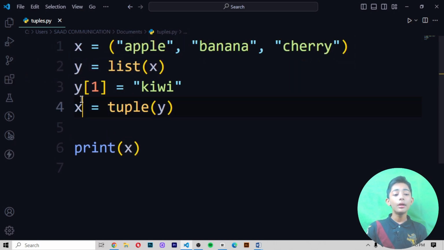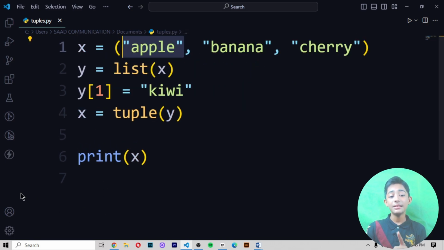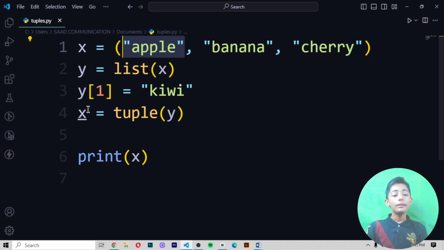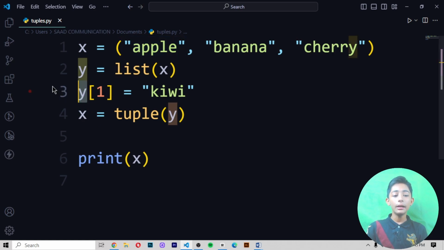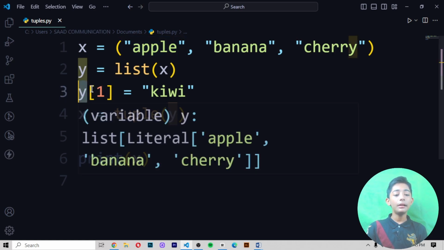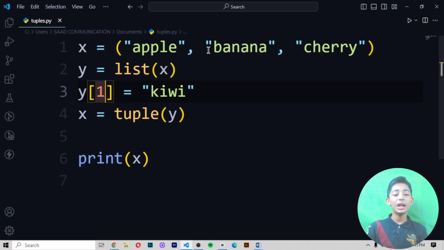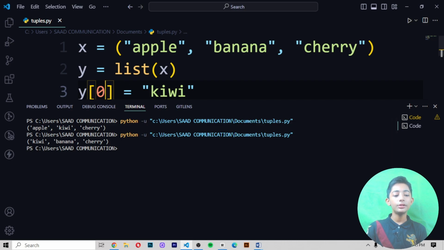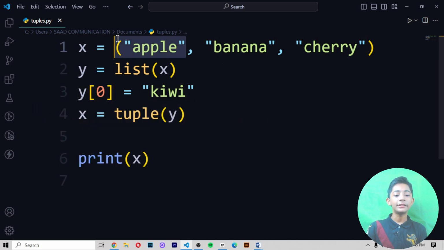In the third line of code, apple has index 0, and then I write the y variable with 1 in square brackets because banana has index 1. I tell Python to replace banana with kiwi, and then it gives me kiwi. If I put 0 here, it gives me kiwi, banana and cherry, because apple has index 0.